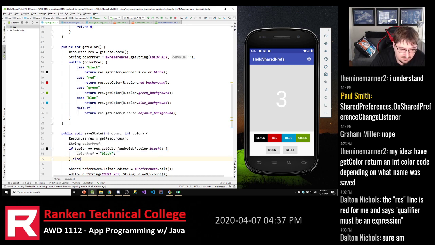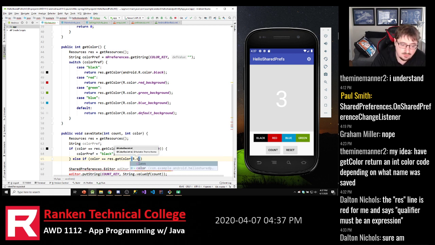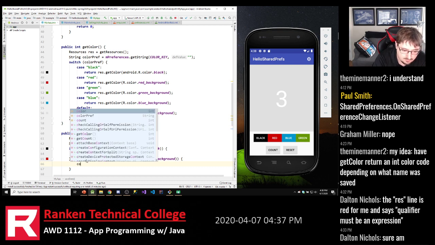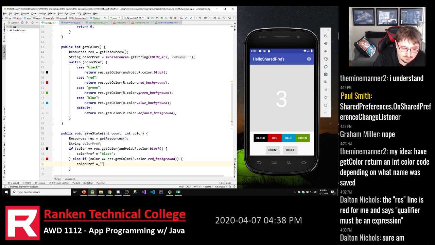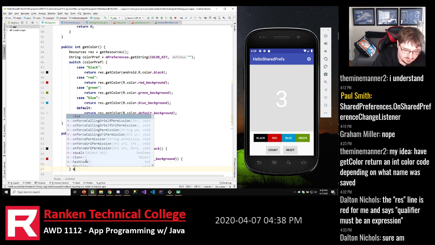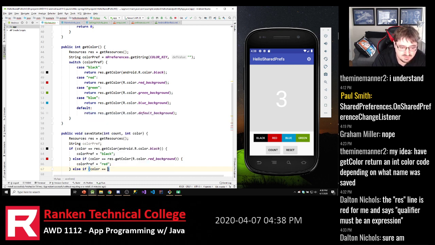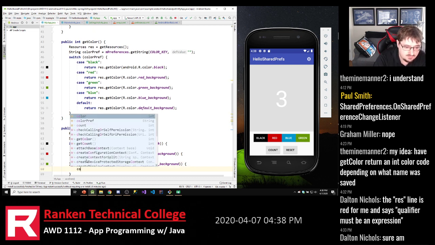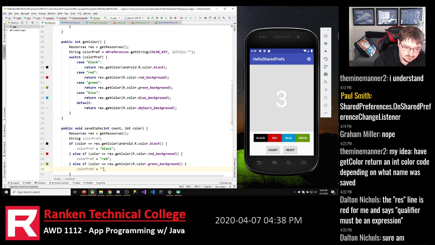We can then add all the cases for the other colors. So else if color is equal to res.getColor, and this would be r.color.red background, then color pref is equal to red, else if color is equal to res.getColor, r.color.green background, color pref is equal to green,